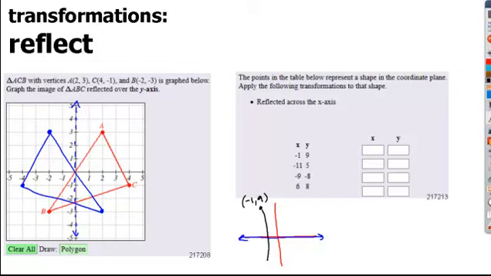and I reflect it across the x-axis, what coordinate stays the same? The x stays the same, so I'm just going to go through and fill in all my x's by copying what's there. And what I see is my y's are simply going to change to the opposite. So I'm going to go through negative 9, negative 5, positive 8, negative 8. And that gives you your simplified